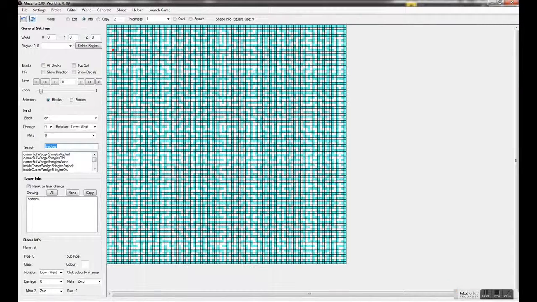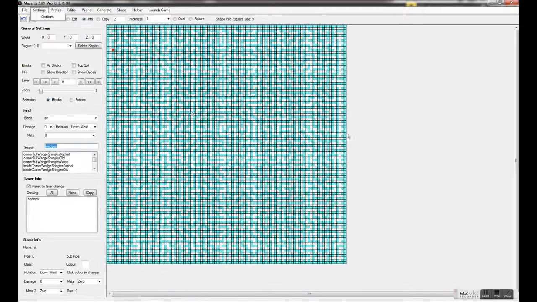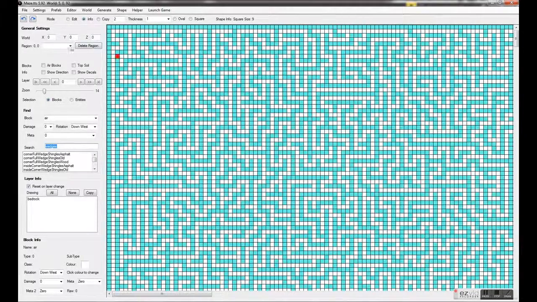Right guys, that was just a quick overview. Oh, I suppose we can go through some controls. So when you're in edit mode, if you want to paint or copy a large area for blocks, you can go to